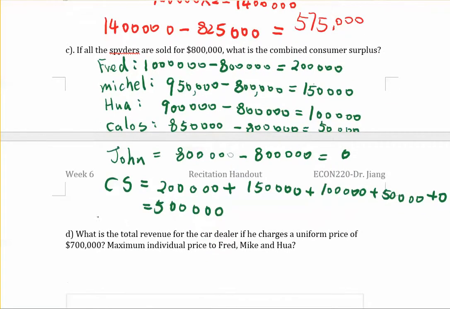So for this question, the answer will be $500,000. So the last one for question number 2 is, what is the total revenue for the car